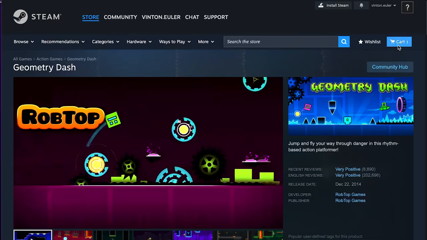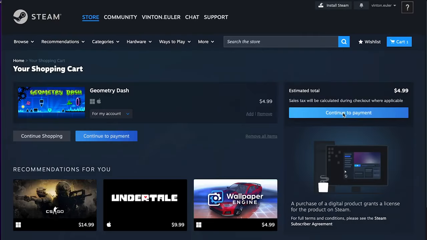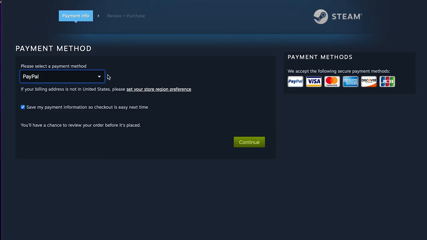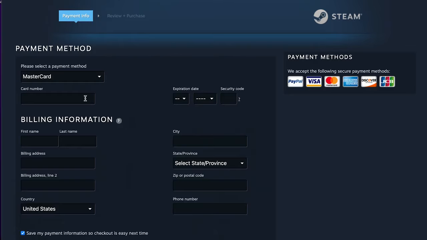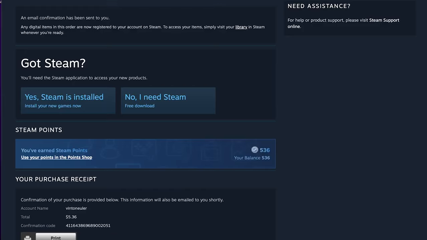Once you add it to your cart, you want to go to the payment method. You can choose if you want to pay with PayPal, a card, crypto, or whatever you're trying to do. And once you've paid for the game, the next thing you're going to need to do